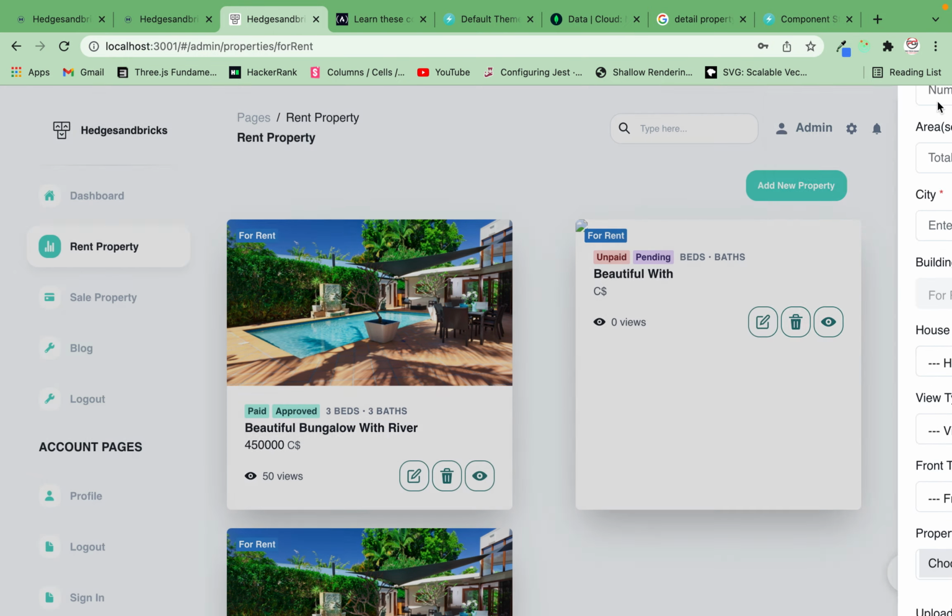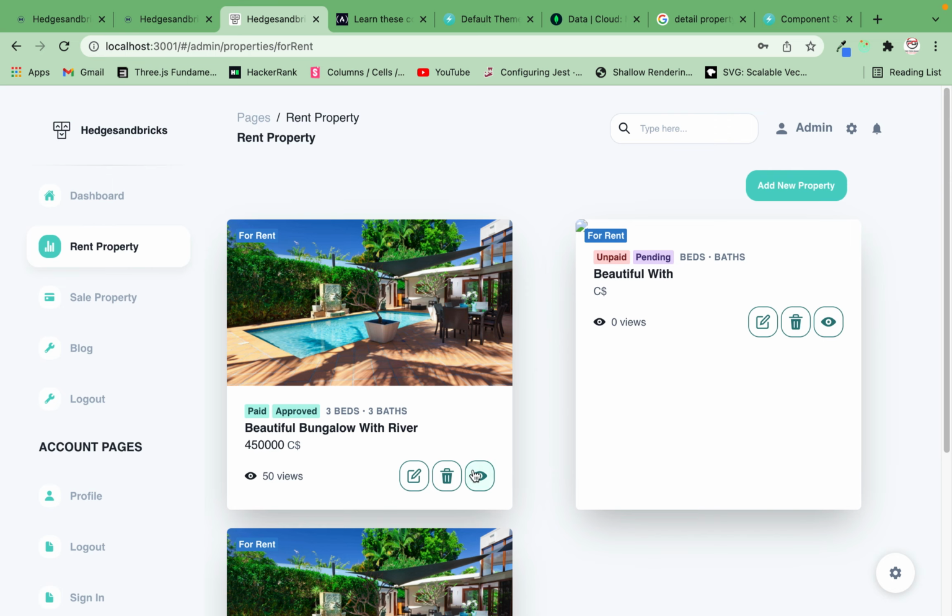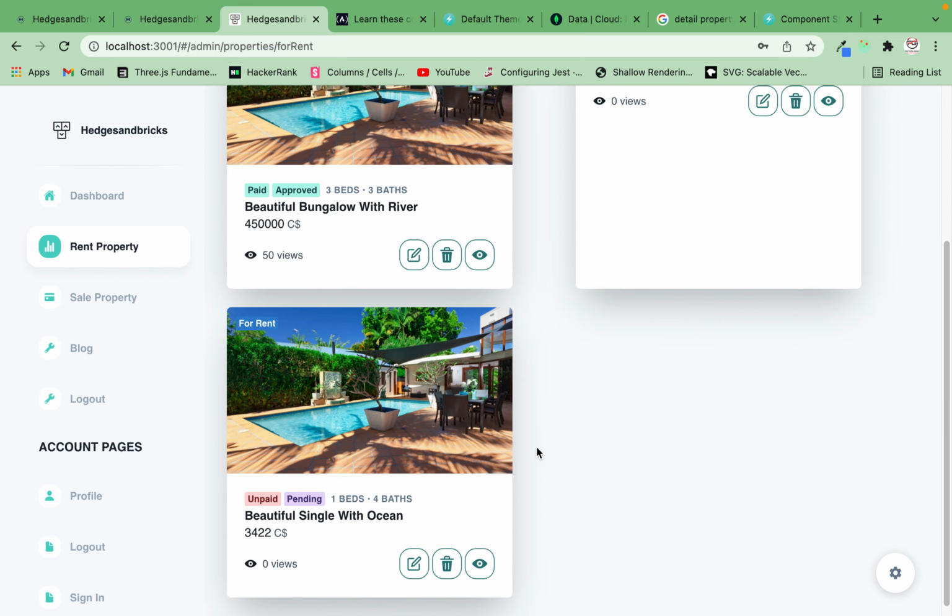The thing that has not been done is that when I click on this, we can't show the specific property details. We are working on that. It will be done by tomorrow. And also update property is not working. Everything else is working, like these 50 views and everything else, but these two things are not working.